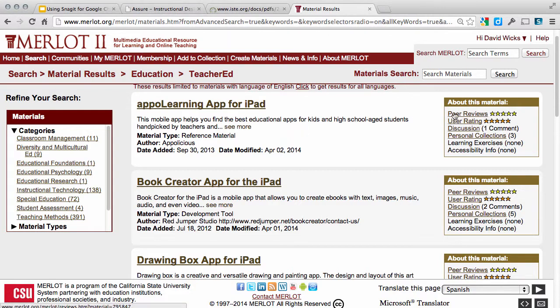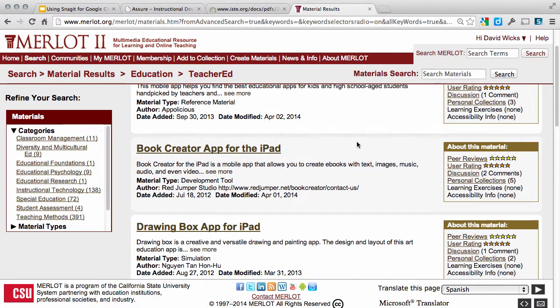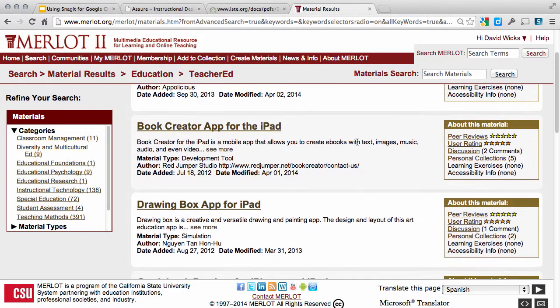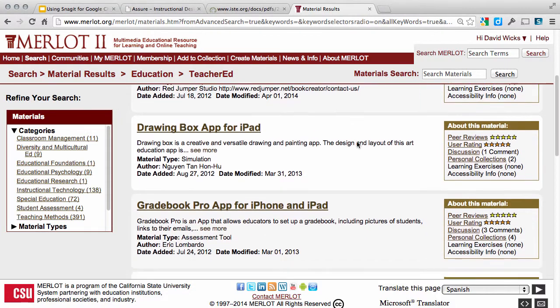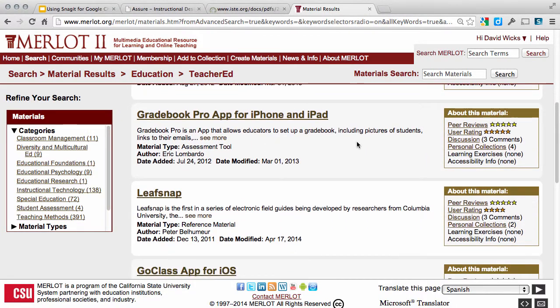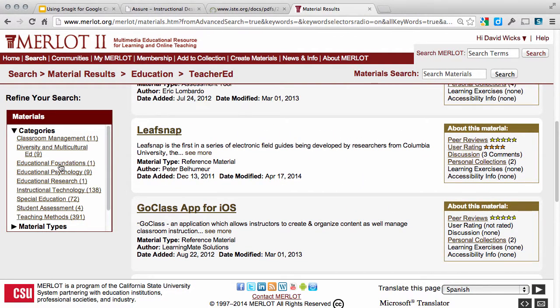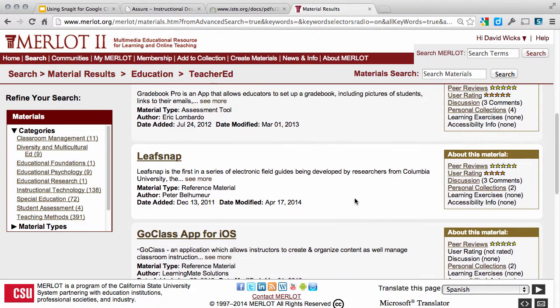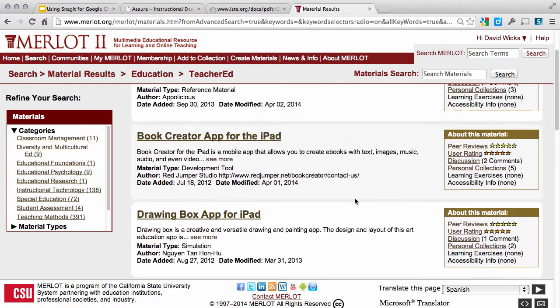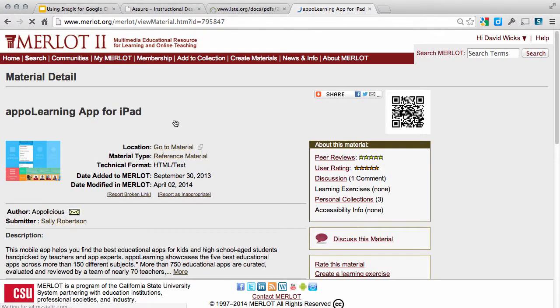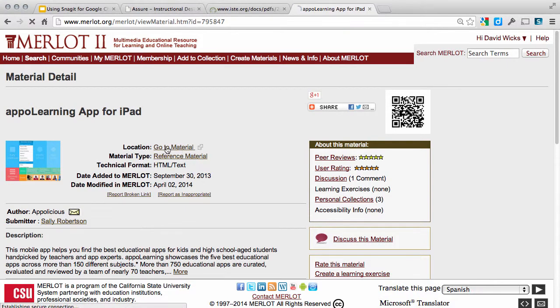I see that these were peer-reviewed, they were user-reviewed, and for the peer reviews, there's an editorial board which I'm a part of that reviews apps, and so some of these were reviewed by me. But as you scroll down, you can see various apps here. And you can also see that there's different categories on the side that you could choose. And if you would click on one of these links, so I'm clicking on the very first one, we would see that we can actually go to the material,